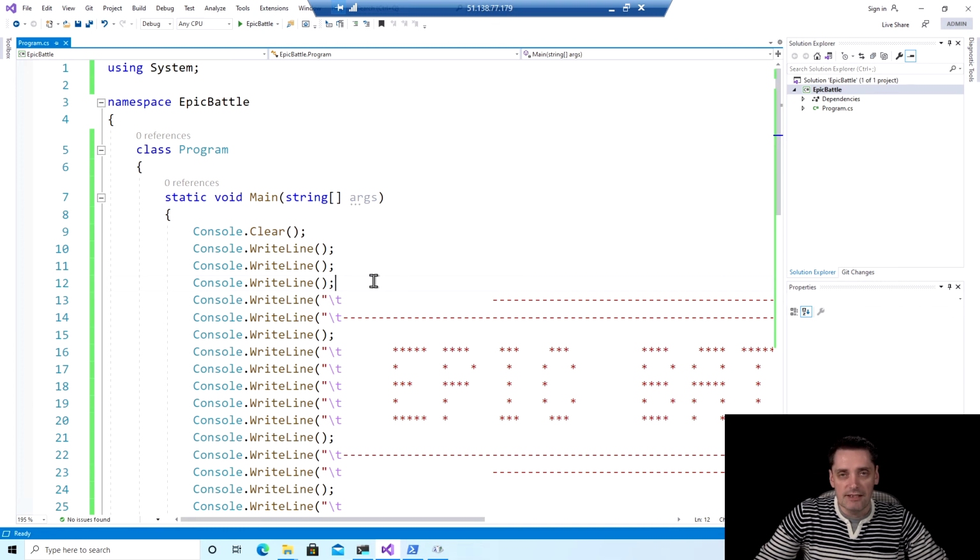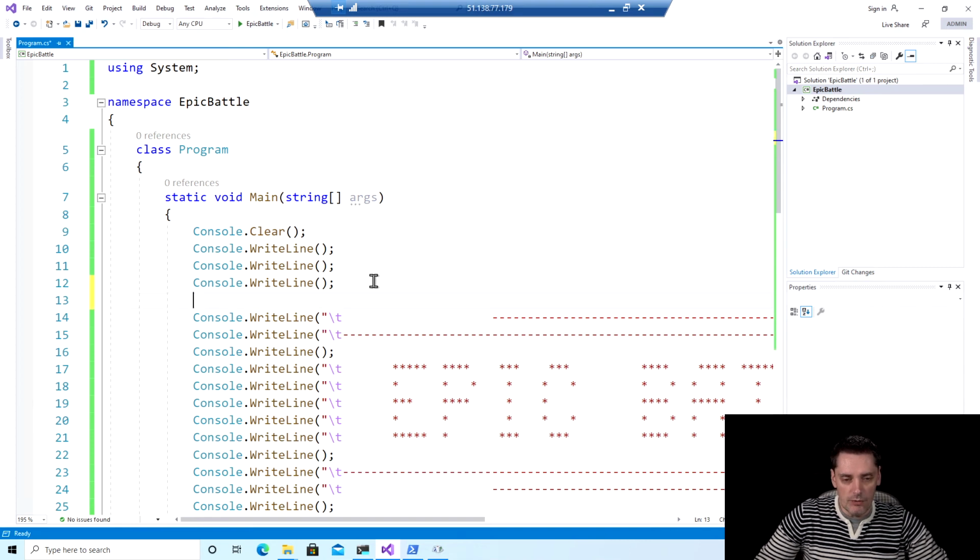As you can guess, the background color controls the color of the backgrounds of my text within the console window, and the foreground color controls the text color within this window. And I want to play only with the foreground color. So I will start with my header. Before the first line of the header, I type